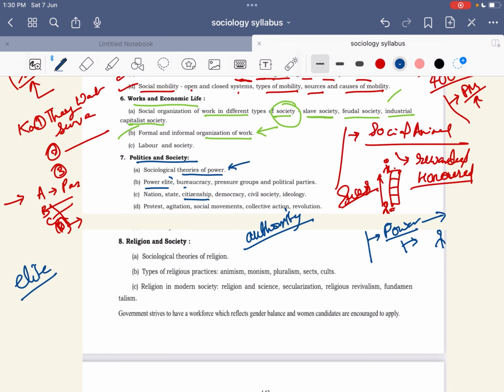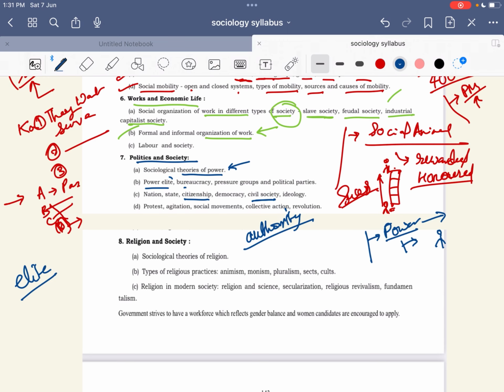In Libya, Sudan, Burkina Faso, their democratic governments have been replaced by the armies. Understand what I'm telling? So that can be a question to you in your paper. And then there is a civil society. This is also a current affair topic. What civil society is there in the news?